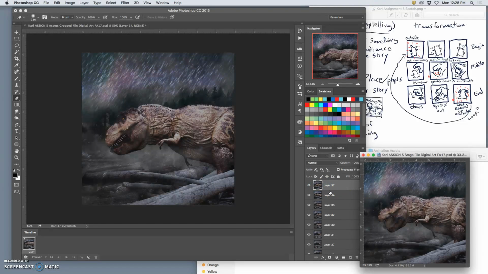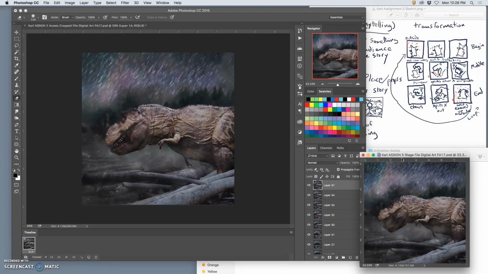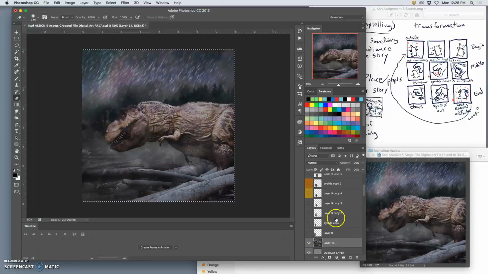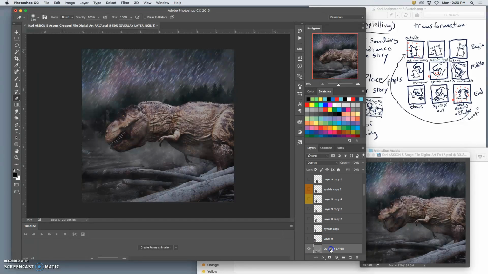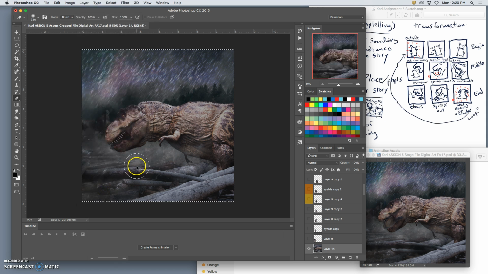Uh-oh. I didn't, let's see. Yeah. Copy. I didn't copy that time. Paste. Huh. Okay, something's going wrong. Hold down Option, Layer, Merge Visible, Command A, Command